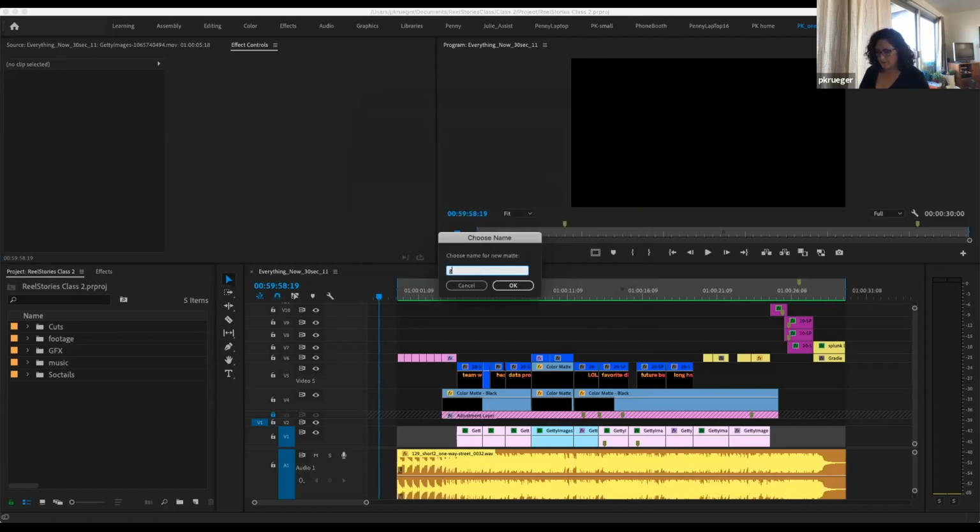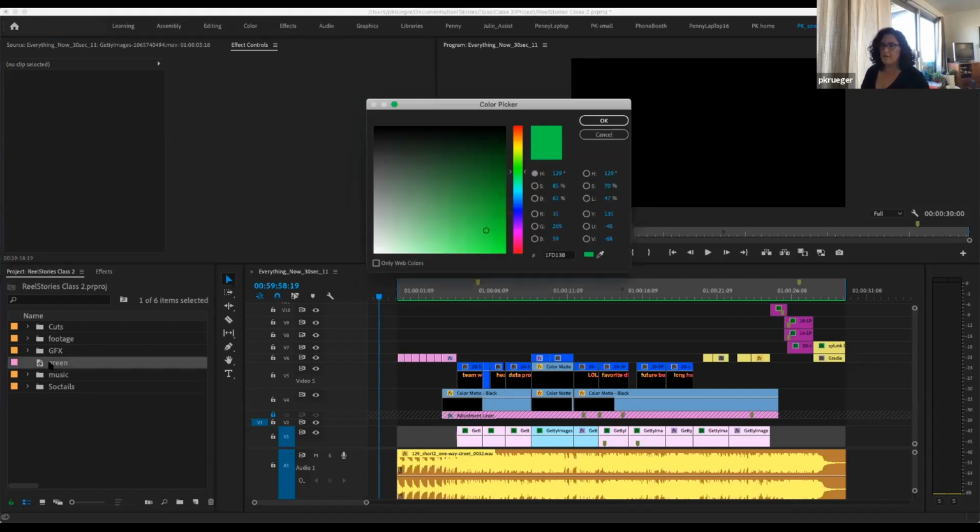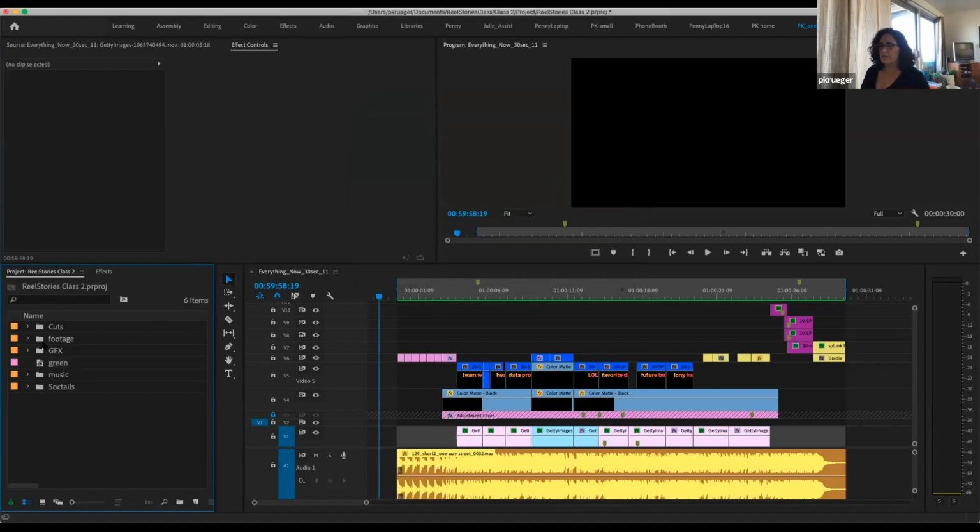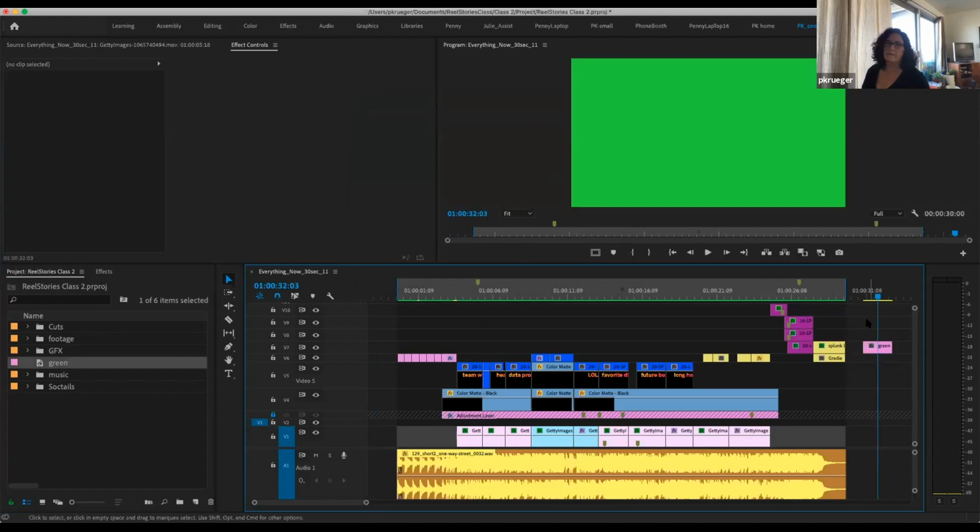I'm going to label this green and hit OK. And that's over here in my source project. So now I click on, oops, sorry, don't click on it. Cancel. When you double click on it, it lets you change color. If I just drag it over into my timeline, I now have a piece of green, or whatever you need